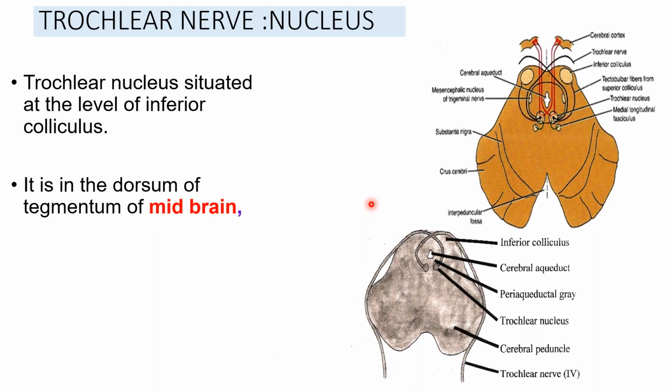So where is the trochlear nerve nucleus? The trochlear nerve nucleus is again in the midbrain at the level of inferior colliculus. So this is the level of inferior colliculus, and these are the trochlear nerve nuclei. Remember, at the level of superior colliculus, the oculomotor was coming out from the ventral aspect. But what happens to the trochlear nerve? It winds around and goes into the posterior aspect and then comes into the anterior aspect. That is why in relation to the crus cerebri, when you see ventrally, medially will come the oculomotor and laterally will be the trochlear nerve fiber. So this is the intraneural course of the trochlear nerve.